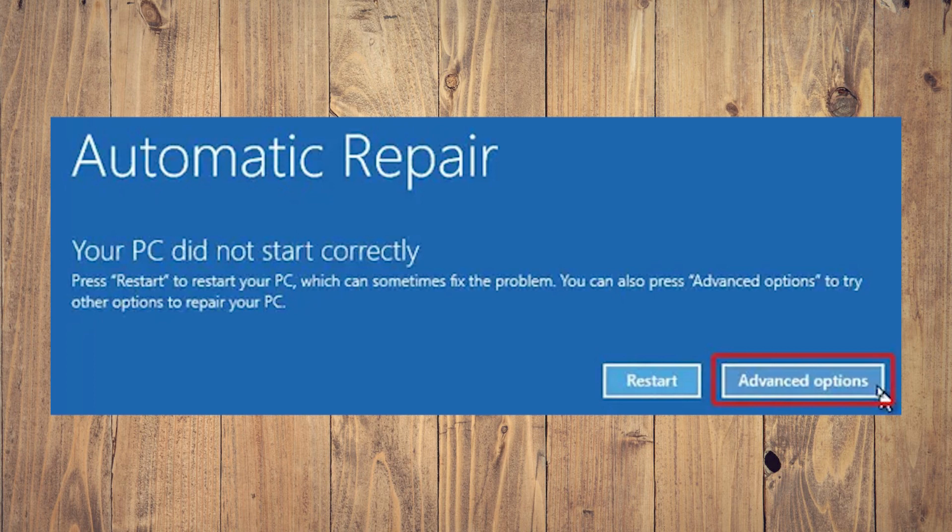In this video, we are going to show you how to fix error code 0xc0000001 on Windows 11 on your PC. Right, so if your system is not booting up due to this error code, you can run startup repair to